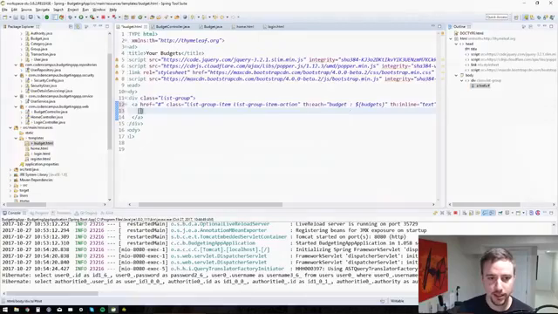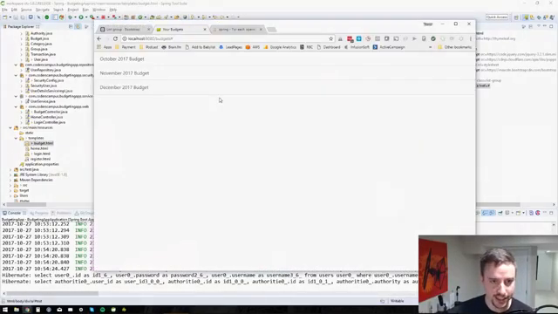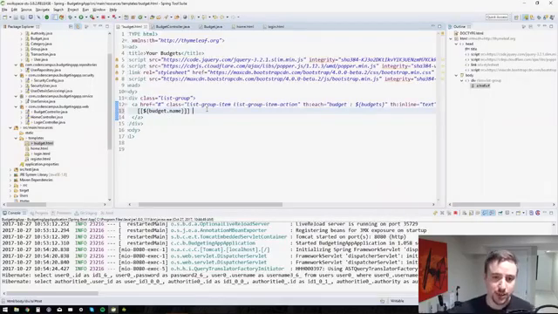So we could put in, I think the syntax is double square brackets and then Spring Expression Language and then budget.name, right? I think that's another way to do it. Let me refresh. Yes, that works. And then that way we can do inlining. So we can say,